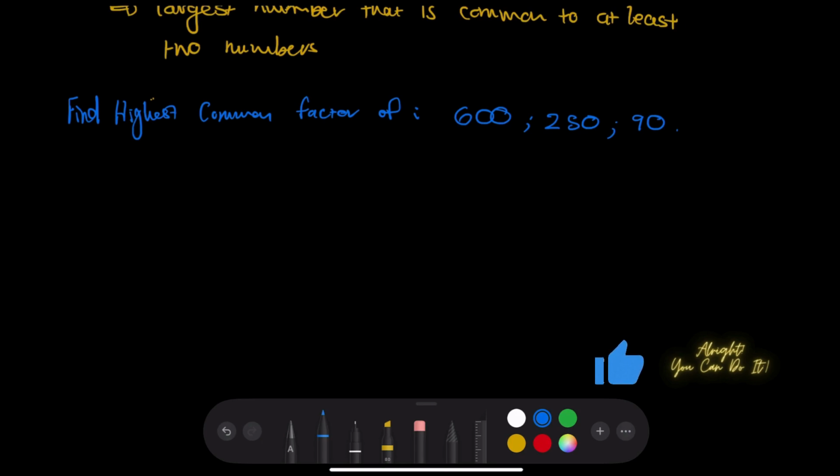Then we know in order to express, firstly we need to express each of these numbers as a product of its prime factors. And for that, we can use the ladder method, which we learned how to use in the previous video. Then after doing that, depending on the expression that we see, right, in order to find the highest common factor,